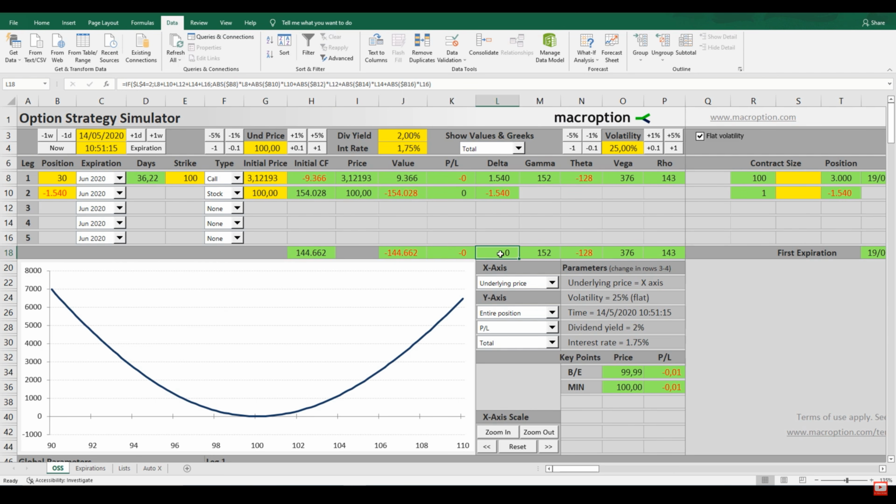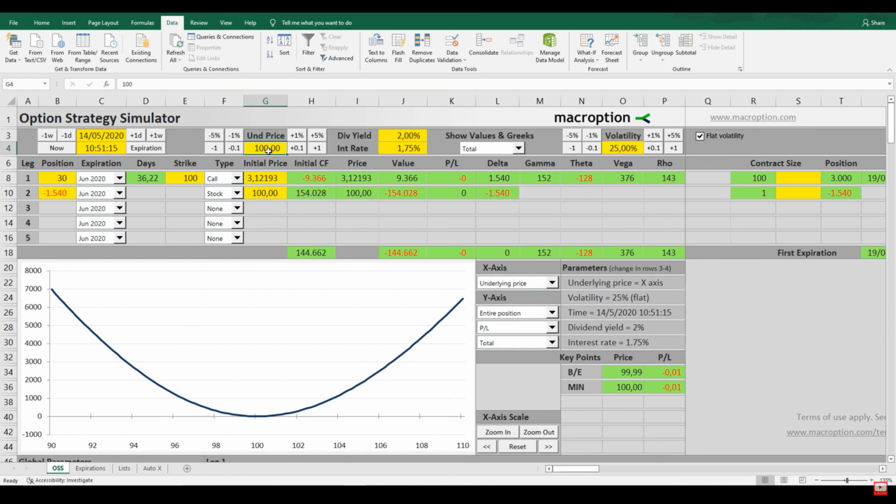Now we have created a delta hedge. This is where it starts to become interesting. Keep in mind that the delta hedge was created when the stock price is at $100. This is the anchoring point, so to speak. We want to analyze now what happens with the P&L of our position as price moves away from the $100 anchoring point. Notice that our P&L is 0 because the market hasn't moved up or down away from the $100